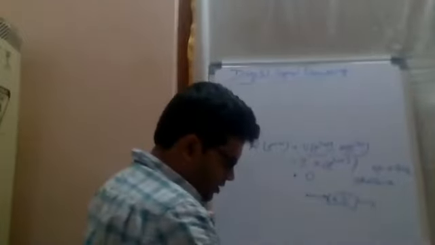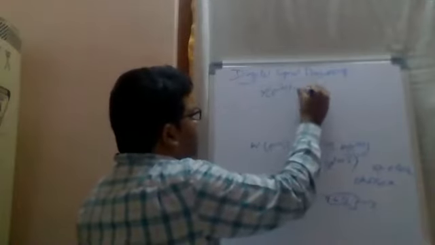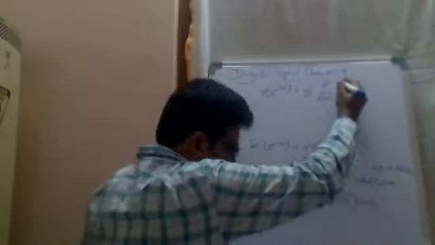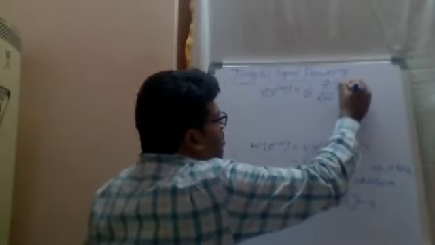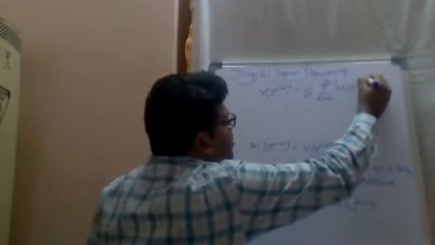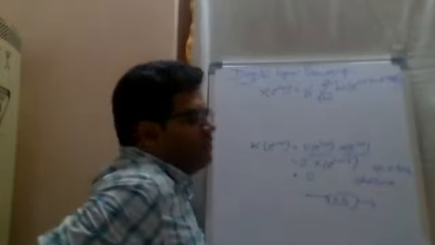Now, when we discussed the decimation process and the spectrum analysis of the decimator, we gave the equation for the decimator: Y of e power j omega equal to 1 by d sigma k runs from 0 to d minus 1, W of e power j omega minus 2 pi k by d. So this is the expression that we have given in that case for the decimation.